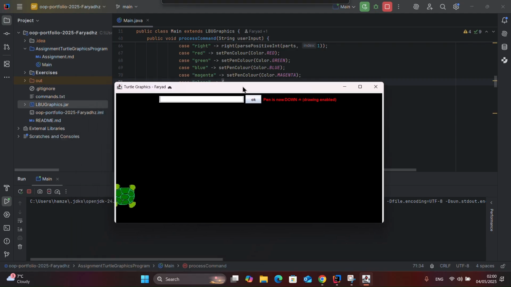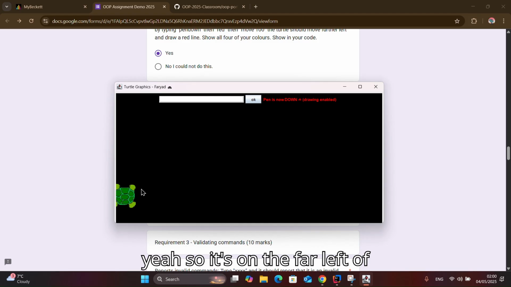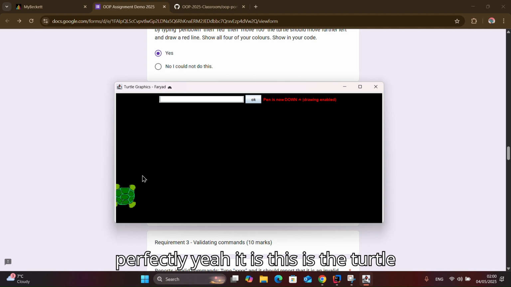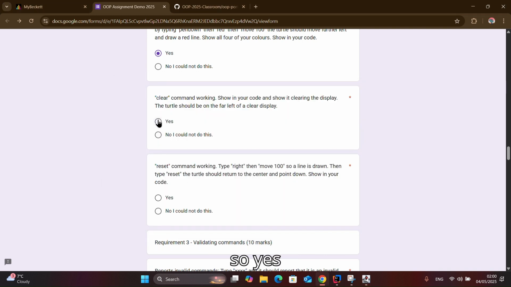And as you can see, the turtle is on the far left of clear display. Yeah, so it's on the far left of clear display, and it works perfectly. Yeah, this is the turtle. So yes,